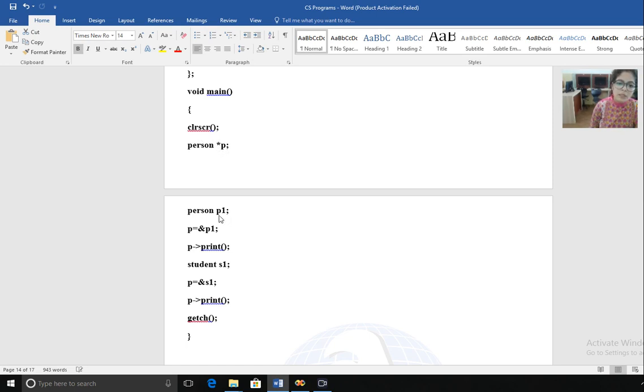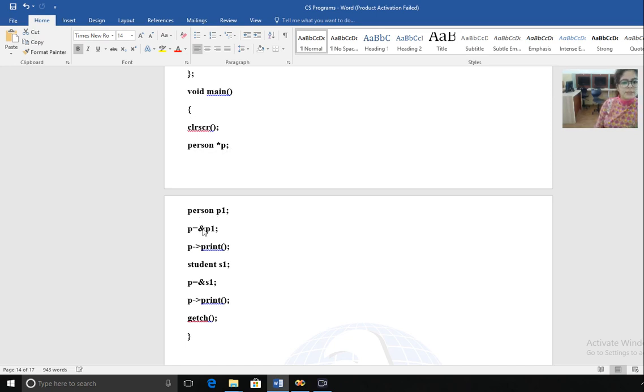Next is person p1. So p1 is the object of class person. What we have to do is, first of all, create a pointer variable of a base class, and then the p1 variable. p1 is the object of class person.